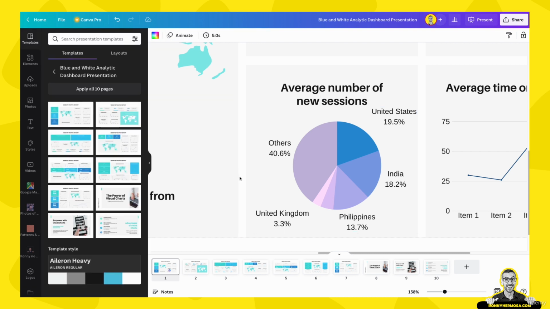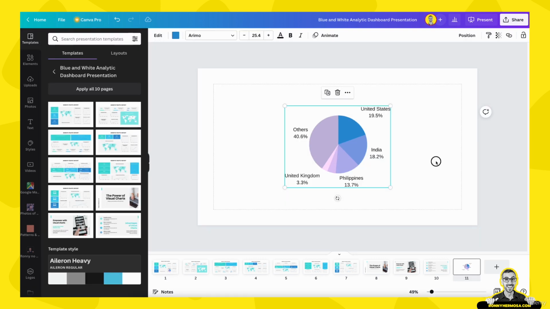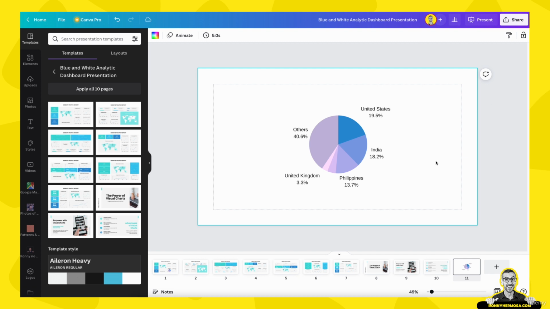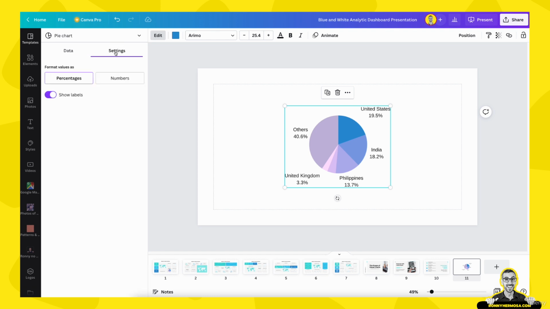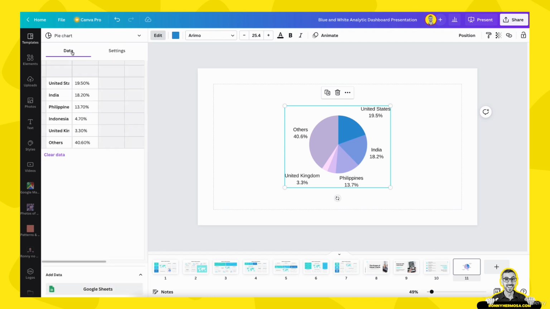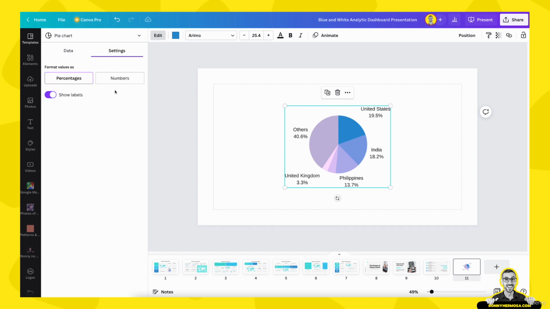Let me copy this chart to a new page. Now, I want to show you a couple of options for customizing your chart. To see these options, you'll need to have your chart selected. First, you see that we have two tabs here on the left menu, Data and Settings. Data is where you can tweak your numbers or labels, and Settings will give you a few more personalization options,